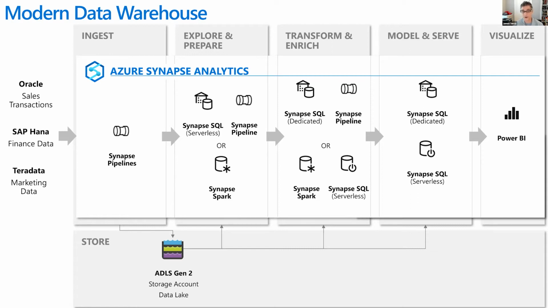And so if we look at transform, I can now use regular T-SQL with a dedicated Synapse pool to transform the data. I can use a Synapse pipeline. So this is like a data factory pipeline to transform the data with mapping data flows. I can use Spark Notebook if I want, as well as I can use Synapse Serverless. So instead of paying for a cluster that's running with a dedicated, I can have a serverless option now to transform the data using regular T-SQL. So a lot of options here, a lot of flexibility. And hopefully along the way, I'll explain some of these in more detail so you can see which particular feature will work best for you.